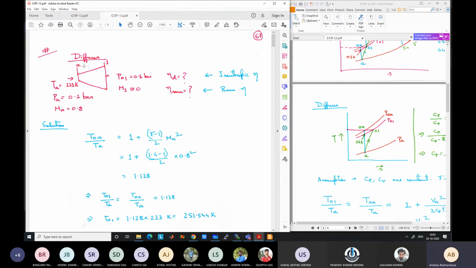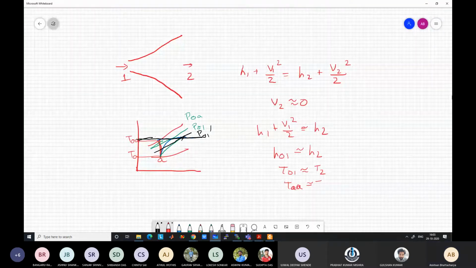So let us consider a diffuser. A diffuser typically is drawn like this, if it is a divergent diffuser. What does a divergent diffuser mean? That it is in the subsonic region, right? In the supersonic region, what will the diffuser look like? It will be the opposite. It will look like a nozzle, like a convergent nozzle. So again, if I just go back to the whiteboard,